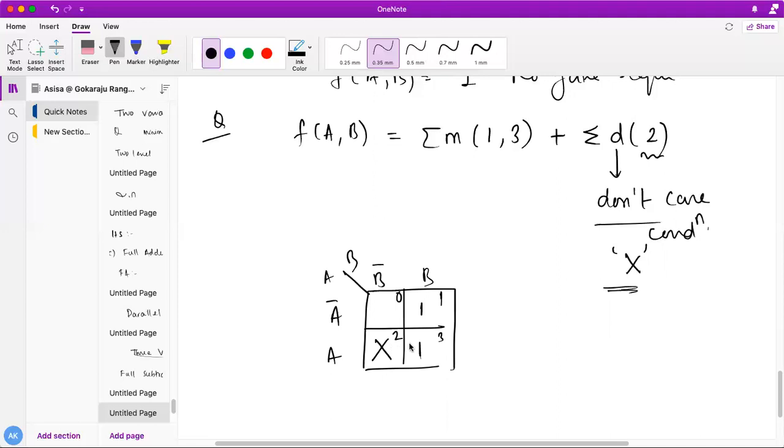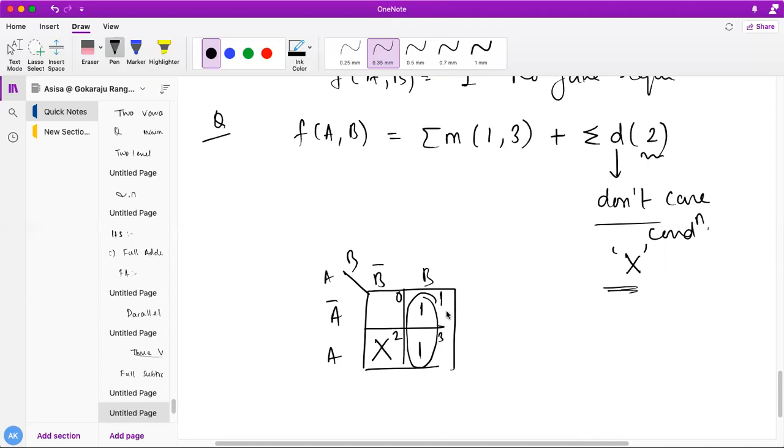If you require it, you use it up, and if you don't require it, don't use it up. It's actually a don't care condition. Do you all understand, students? So how to actually combine now? You have to combine it like this. No need to combine it, because I have told you, if it is minimizing the number of literals, then you combine with the don't care, else leave it as it is.